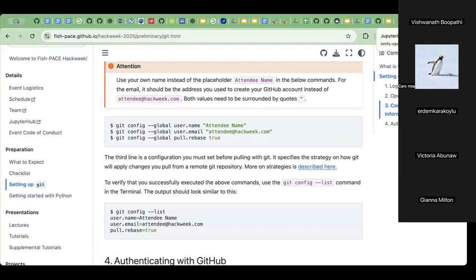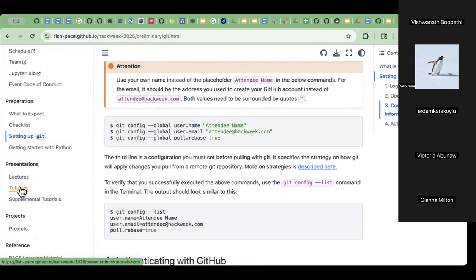All right. Oops, come back here, okay. So now what we're going to do is we are going to jump in and we are going to start learning how to get